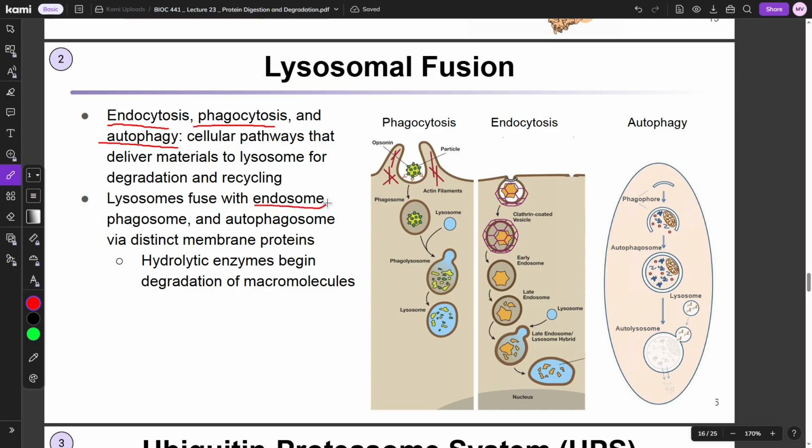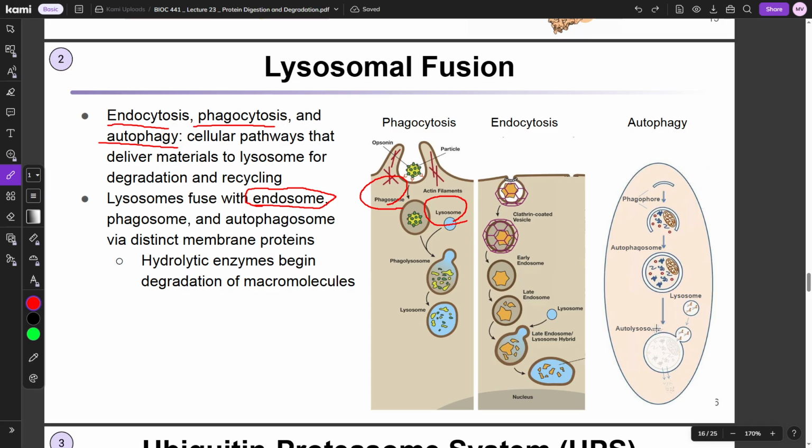And so an endosome is basically just like a vesicle. Just think of it like that. So essentially, you can see here we have this protein thingy. This phagosome ends up combining with a lysosome, and then it breaks everything down. In this case, we have endocytosis. This vesicle, like this early endosome, ends up fusing with this lysosome. Basically, it's the same process for all of them, right? For autophagy, we have some sort of phagophore, which forms this autophagosome, and then this lysosome combines with it.